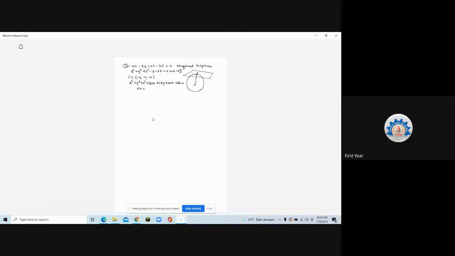This is a tangent plane. So 1 से compare करोगे तो 2ux, यहाँ पे x का टर्म है क्या? Can you see any x term here in equation 1? 0.